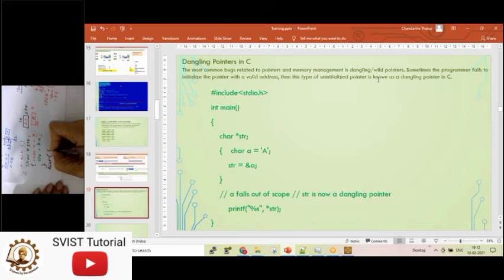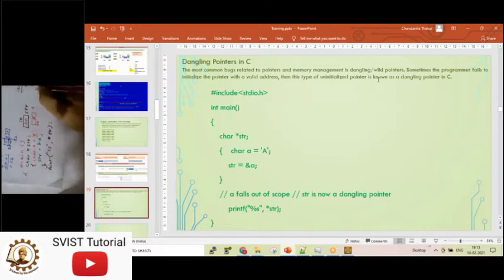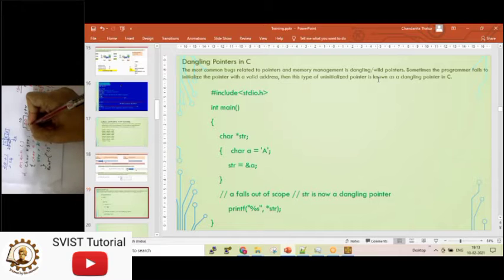printf %s, because it is a string, character pointer, you can use even. Str. What will be the output? Do you have any idea? Can you understand it will become a dangling pointer? I am just explaining, because we have spent so much time on so many things that I am not able to cover much content, but it is for understanding, not a problem. It means str is pointing to a.